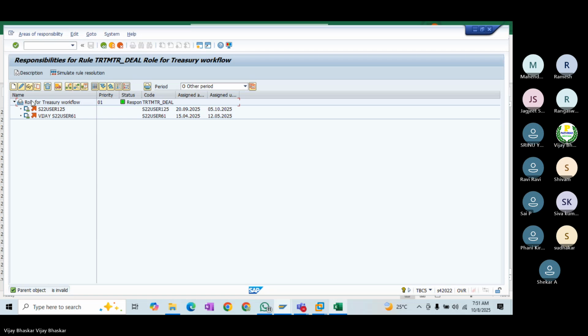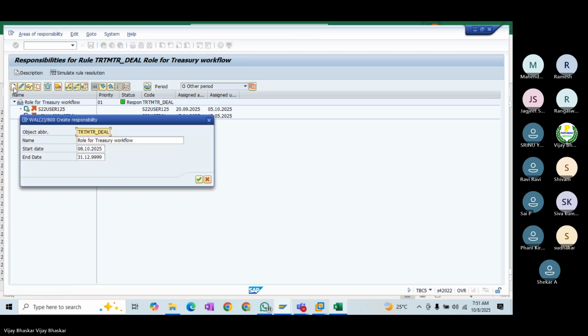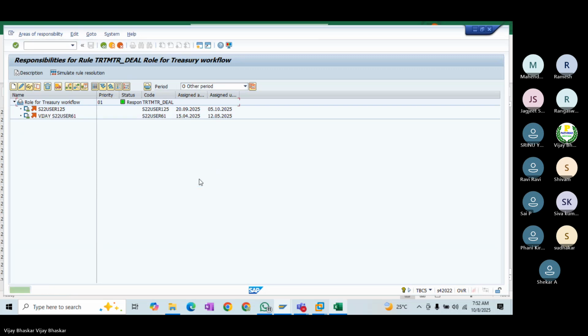It's invalid. One second. Because the name is already there, the partner object is not valid.